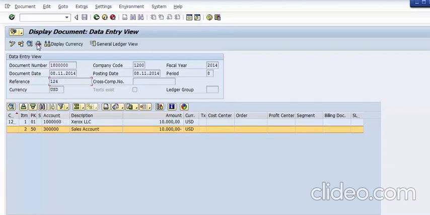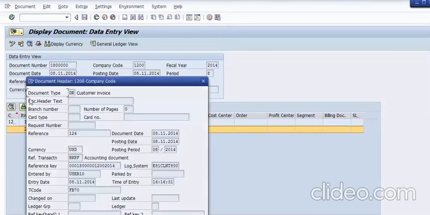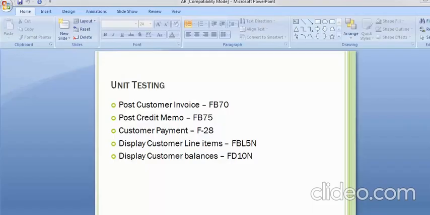Then even if you want to see further details, you can go to this display document header, and you can see the document type is DR, that is customer invoice. You can see the username entered is user 10. It was entered on 8/11. So the next